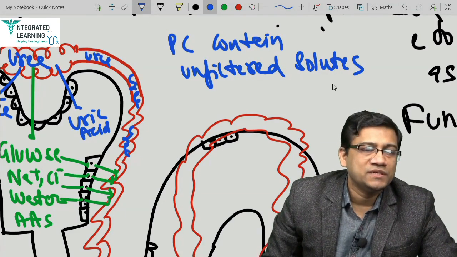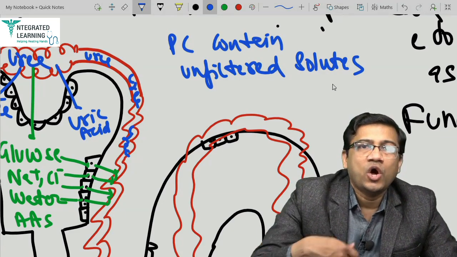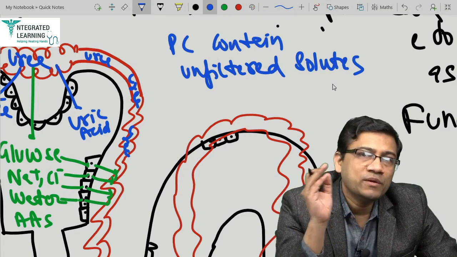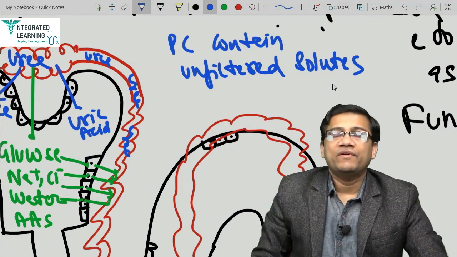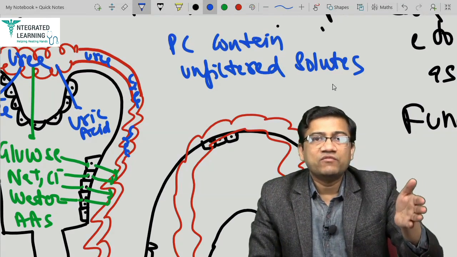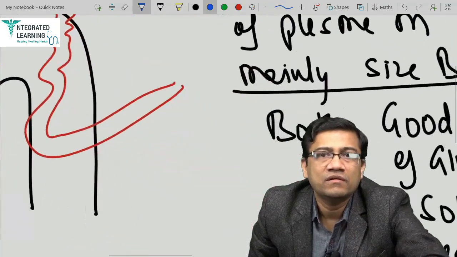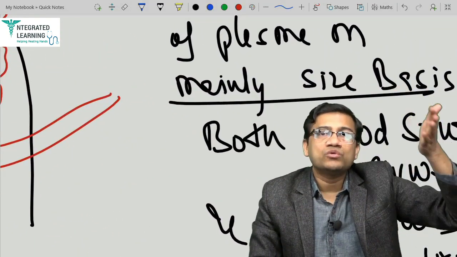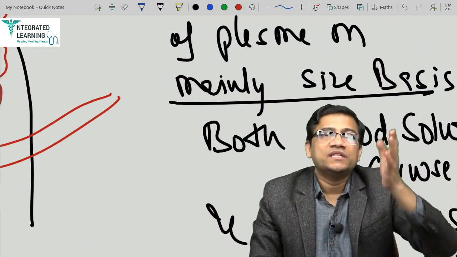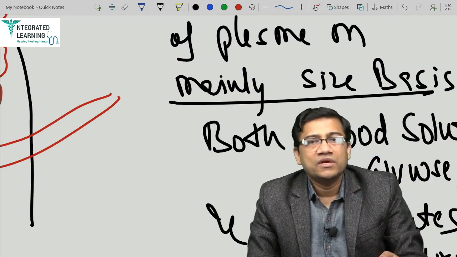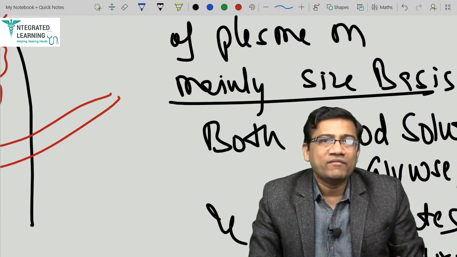In the PC. So if you wait a long time for them to be removed by filtration again, it will be a very long process. Why? They would be undergoing what process? All the way they go to the renal vein, then from the vein they will go to the vena cava, then the right heart, then the lung, then the left, then the aorta. It will be such a long time, you might have accumulation of waste.